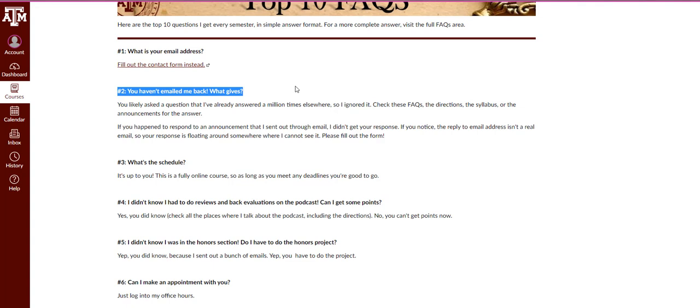The second reason I might not email you back is if you directly emailed me. Remember how I talked about my email being ridiculously full? I'll actually show you a picture of how many messages I have in my inbox in a little bit. You might have gotten lost. If it gets knocked past the first couple of pages, it can be just lost in the ether. So fill out the form. It's there to make sure that you get the answers you need in a timely manner.